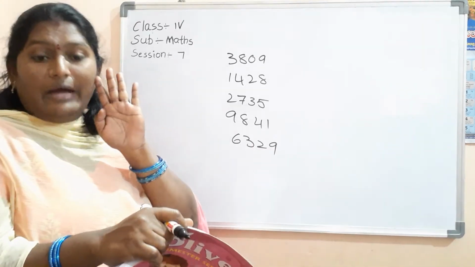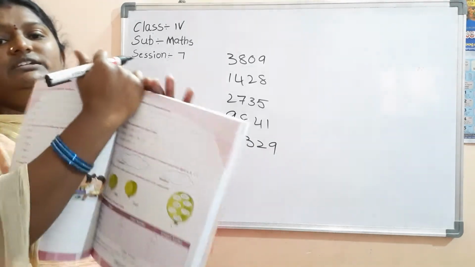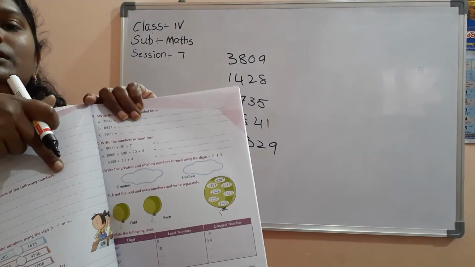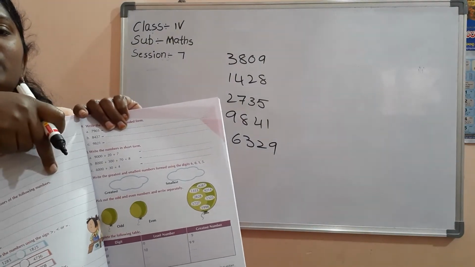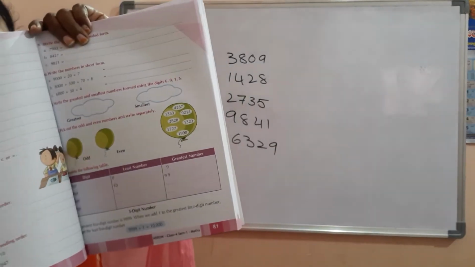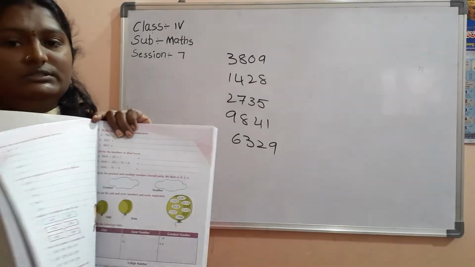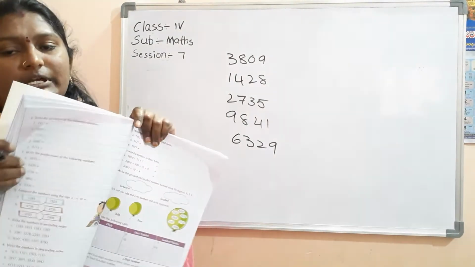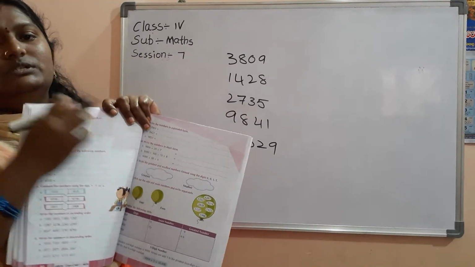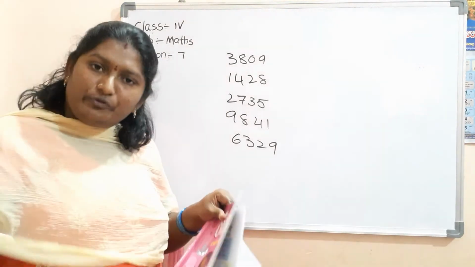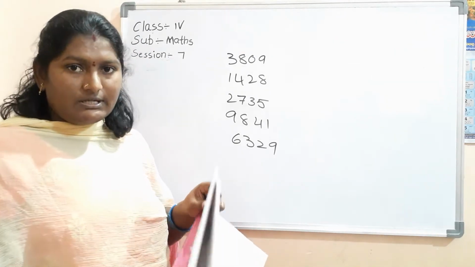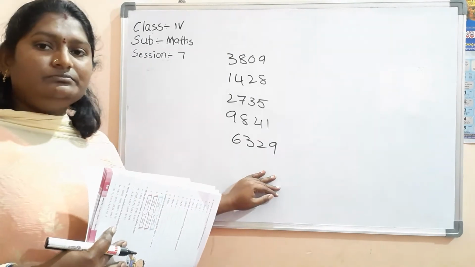If you have doubts, you have to write here with your pencil in your textbooks. Here write before numbers. Empty space is there, na? You have to write here before numbers and after numbers. If you forget, you can note down before numbers, after numbers. Successor means after numbers. Predecessor means before numbers. Is this clear?